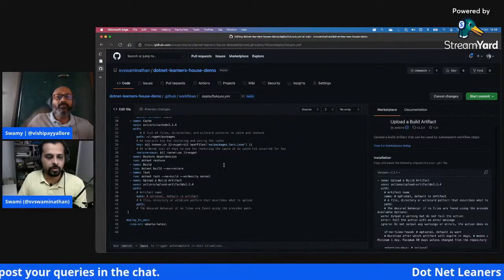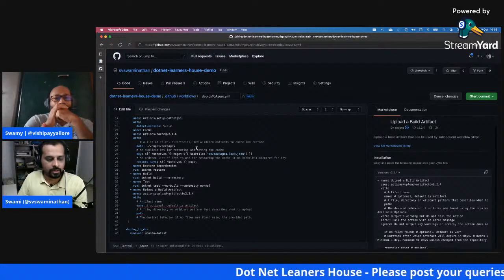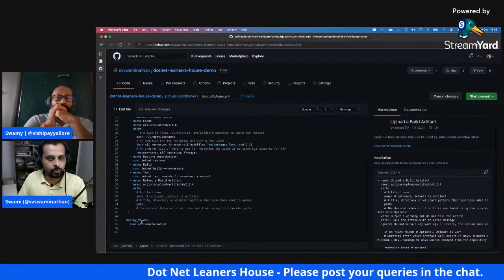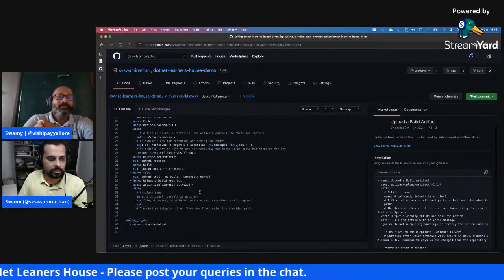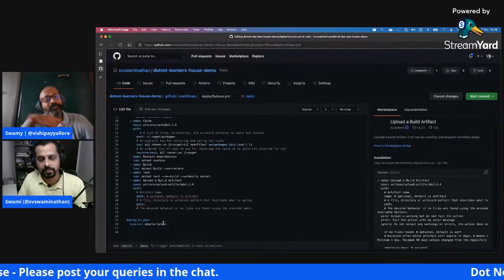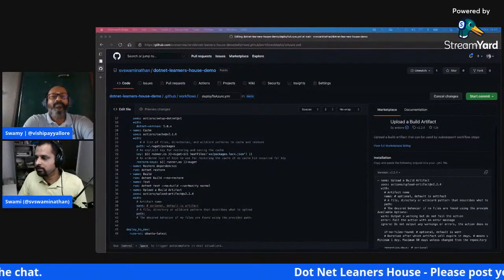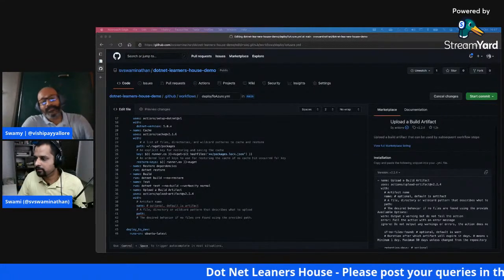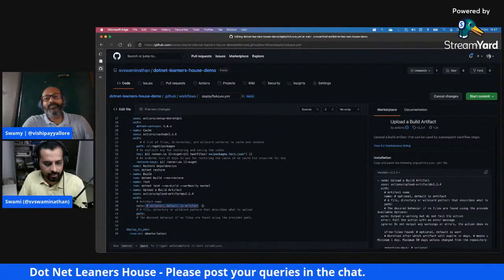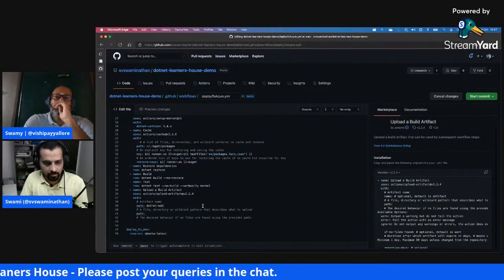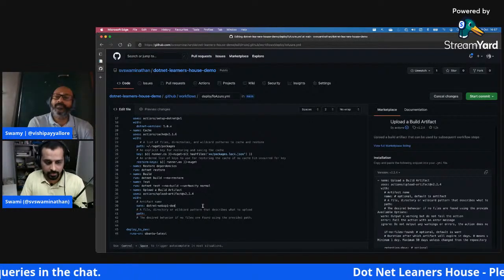The reason why we want to upload the artifact is, see here, this job would produce the DLLs in one machine, and the deploy to dev is going to run in another machine. So we need to ensure the other machine is able to pull down these artifacts, and then it's able to deploy it. So here I'm going to do some more copy paste activities. This is just the name of the artifact. I will just make it .NET Web API demo or something like that.